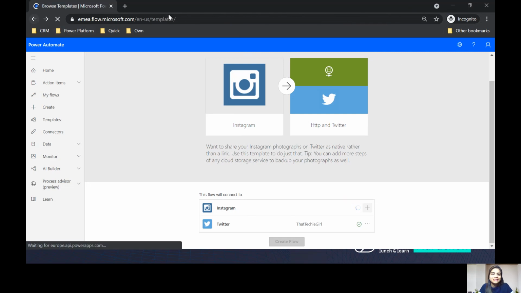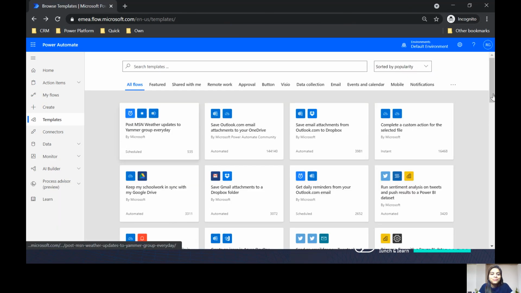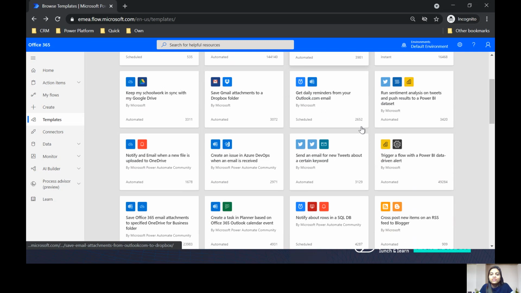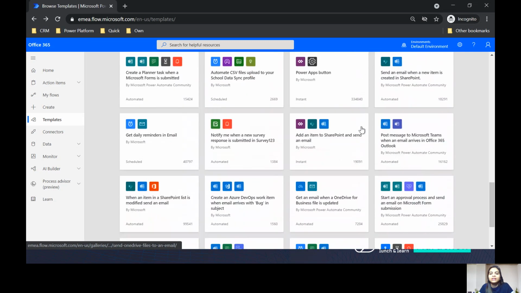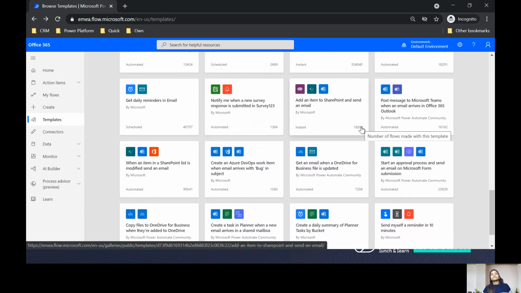Going back. In this way, you can leverage all the templates that are listed here. I would like to give you a suggestion: before you make any template or make use of any new flow from scratch, please come here and have a look at your use case. There might be a template available, and you can just make use of it.